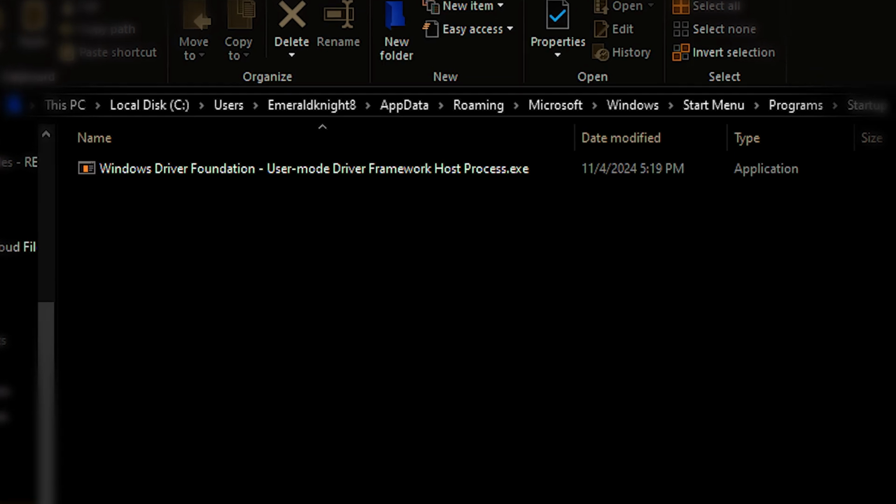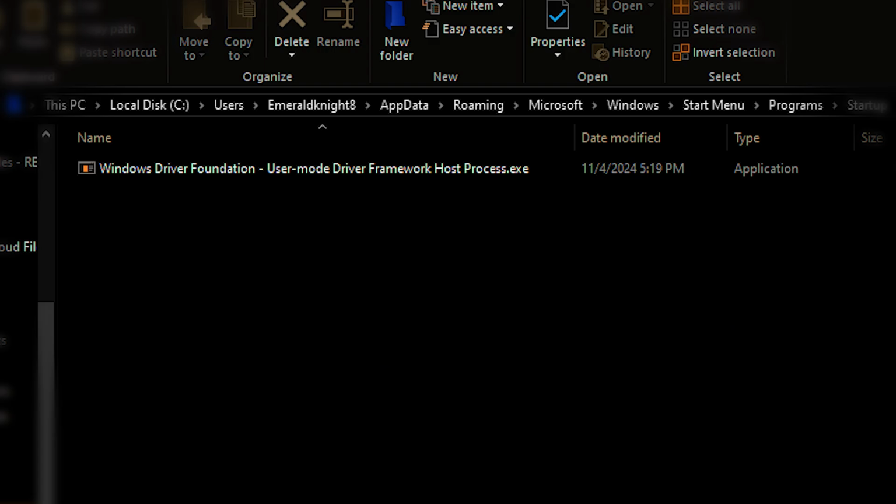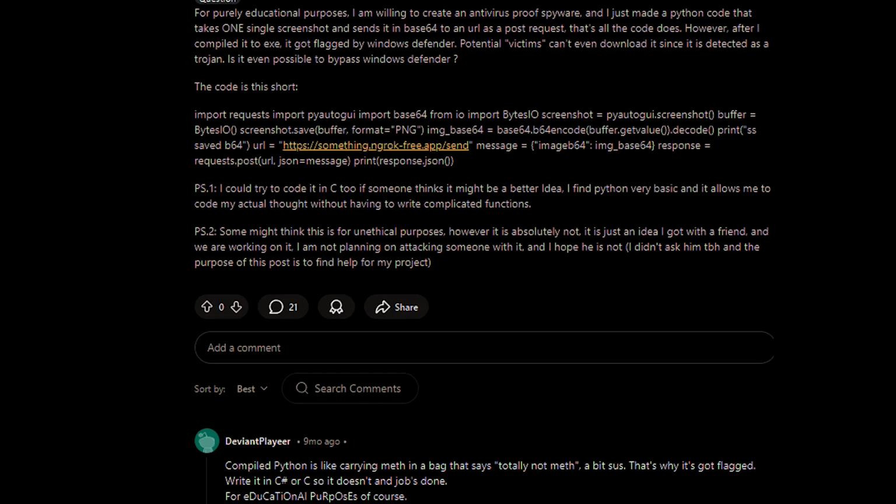Horizon isn't actually that clever though. Despite embedding itself on startup, it fails to maintain its position should the user discover the suspicious executable hidden within their startup folder. Additionally, Horizon doesn't use any exploits or backdoors to gain access. From personal experience constructing a Python keylogger, using an interpreter language meant antivirus software and Windows security can easily identify the lines of code scanning and recording the user's keystrokes.